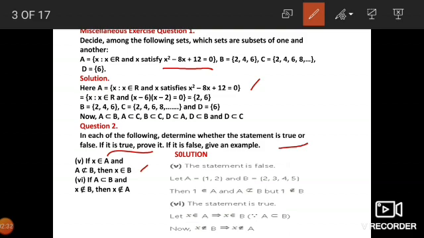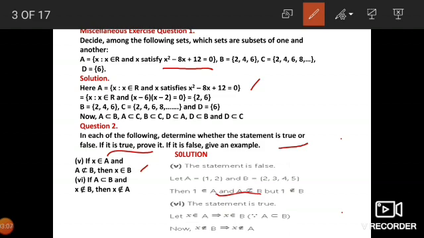They have given an example. A is equal to {1, 2}, B is equal to {2, 3, 4, 5}. Here they have taken 1 belongs to A and A is not a subset of B. Is A a subset of B? No, because 1 is not in B. So 1 does not belong to B. So the statement is if x belongs to A and A is not a subset of B, but 1 does not belong to B.